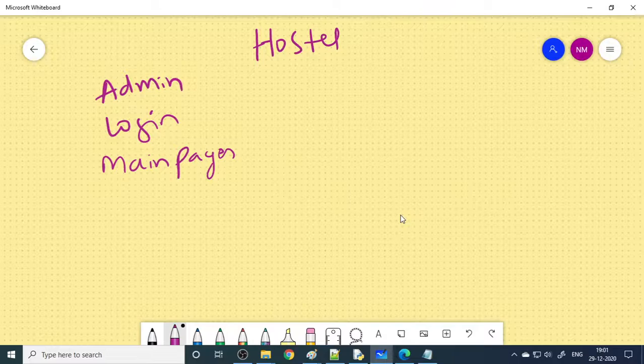Here I'll write about the rooms. What rooms are there? We can write the room details so the student knows what this room is, how many people can stay, and what the price is. All of this will be shown there. Therefore you need to enter all the room details.